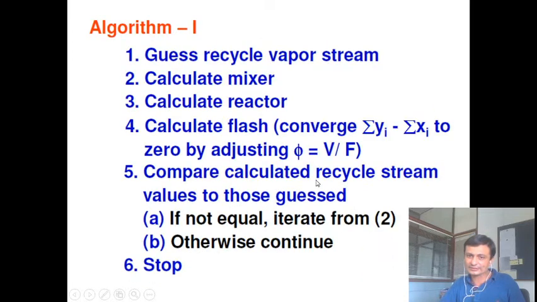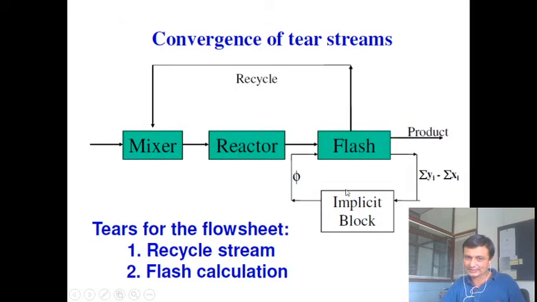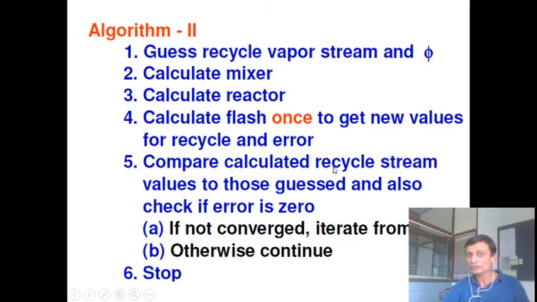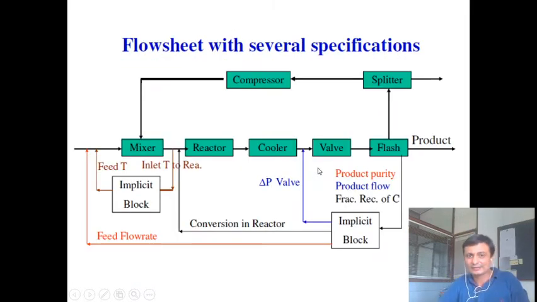However, in this case, if this is an explicit one, like if it is only f(x) equals 0 and it can be solved in one go, you need to solve it in one go. So in that case, you don't need something like algorithm two. So it all depends on the situation which is there in front of you. This flow sheet is a bit complex compared to what we have discussed there.